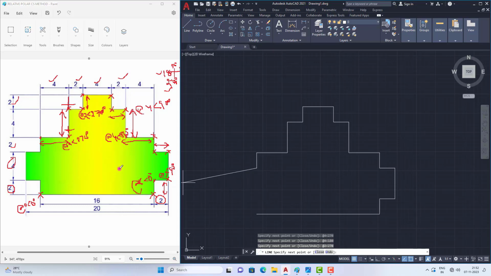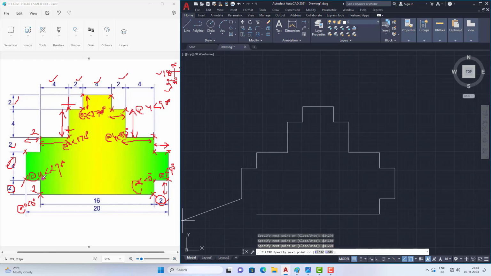and see, we need to move to the back. So the distance is 2. The same distance applies here also. So the distance from here to here is also only 2. So at the rate 2 less than 180 degree I need to move, and see, we need to reach here. So at the rate 4, the distance is 4, and the corresponding angle I need to move downwards is 270 degree. At the rate 4 less than 270 degree we need to give, and see here we need to give the value to here.